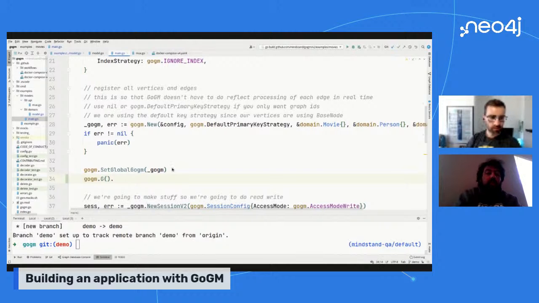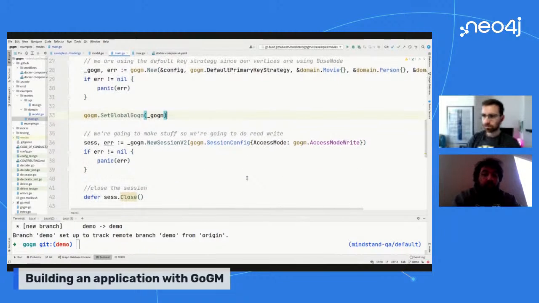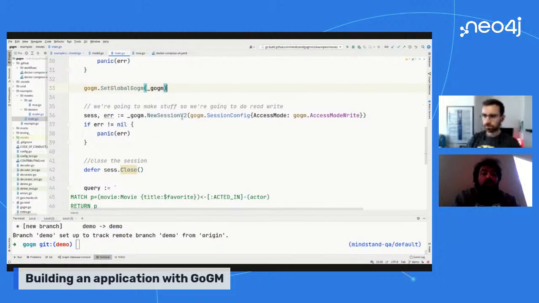If you don't call set global Gogem, it won't let you do anything. It's just a no operation instance, so whenever you try to make a new session, it'll return an error until you set it. So anyway, the next step is we want to create a session.